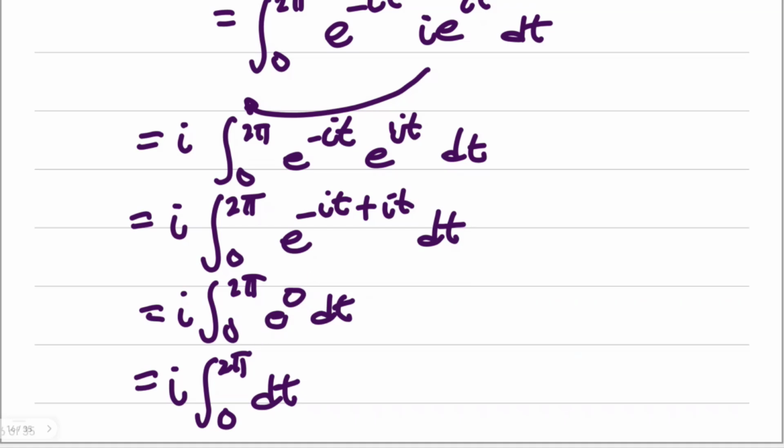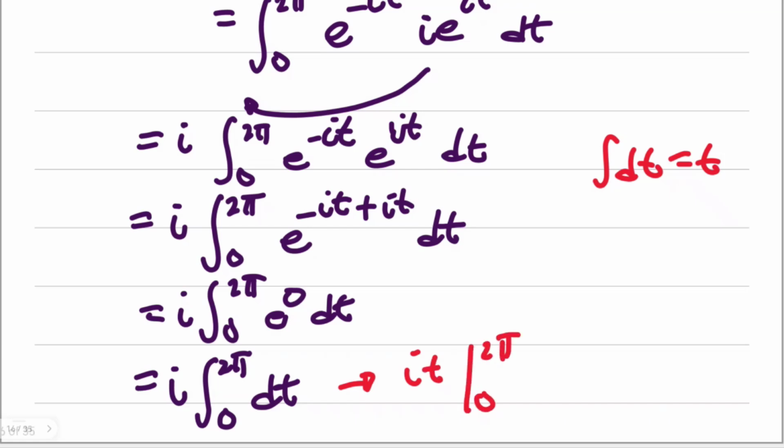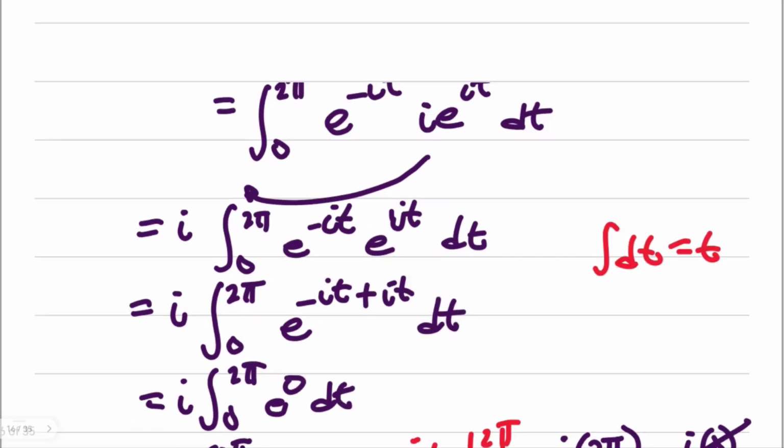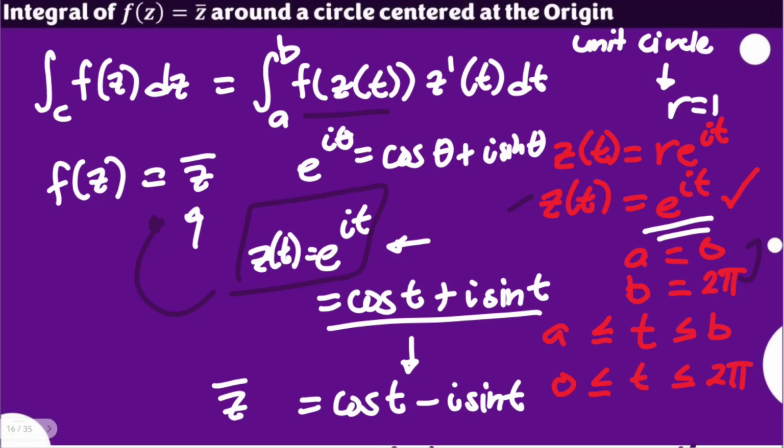We know that the integral of dt is actually t, since it is with respect to t. So this would be equivalent to I times t from 0 to 2 pi. You will have to continue that here. So I times 2 pi, minus I times 0. That's 0. So your final answer is 2 pi I, arranging the constants first before your imaginary unit. This is the answer. This is the integral of your given function f of z being the conjugate of z